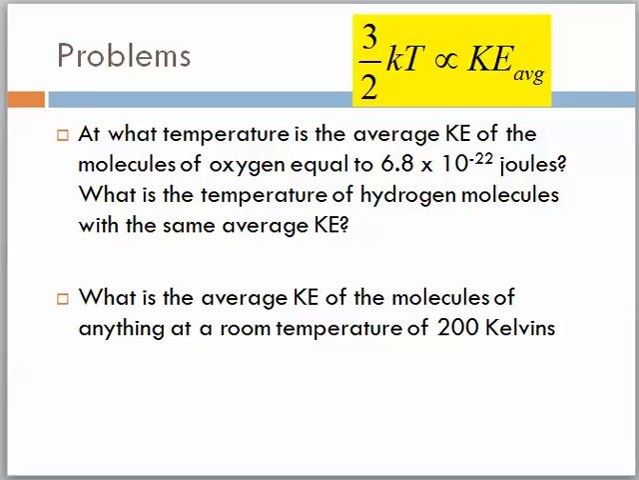Our first example says, at what temperature is the average kinetic energy of the molecules of oxygen equal to 6.8 times 10 to the negative 22nd joules? What is the temperature of hydrogen molecules with the same average kinetic energy? Well, let's decipher this problem a little bit. They're telling us the energy, so we can put this in right there, and